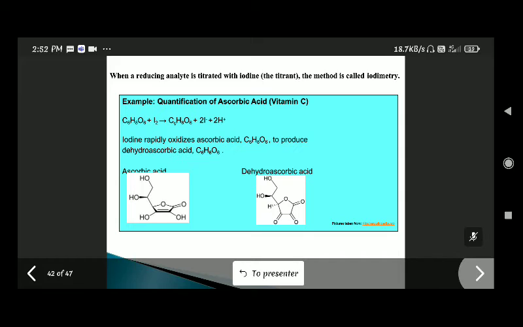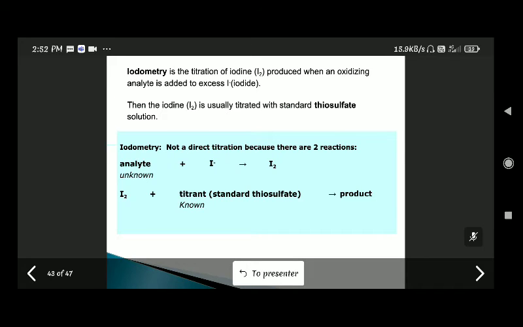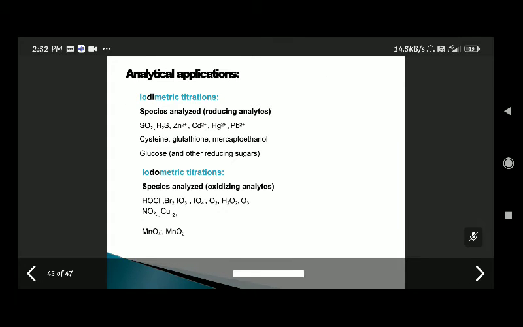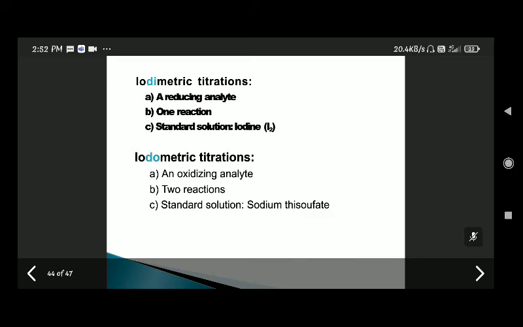So these end points you can check by doing the back titration. If you think that in the first titration you have added excess of KMnO4, then you can back titrate that solution. You add 1 drop of reducing agent and see if the color disappears or not. If with 1 drop it's not disappearing, that means you have added excess of KMnO4. So you can always check the endpoints by doing the back titration.